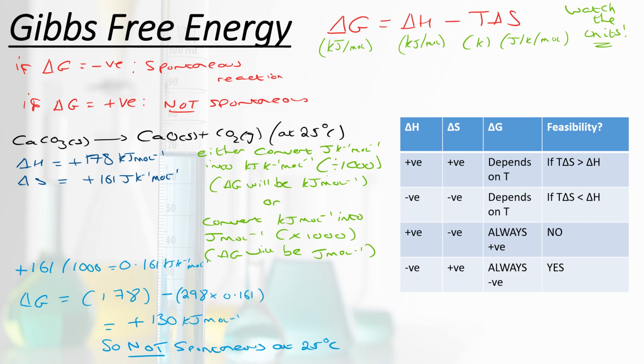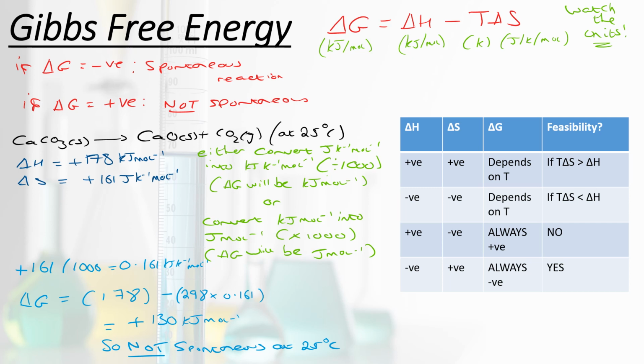And so our Gibbs free energy is given the symbol delta G, and delta G is equal to delta H, our enthalpy change of reaction, minus T delta S, that's the temperature, multiplied by the entropy change of the reaction. Now the key thing is that in this equation every single quantity relates to the system, not the surroundings. So by working out this Gibbs free energy, we don't at all have to think about the surroundings at any point.